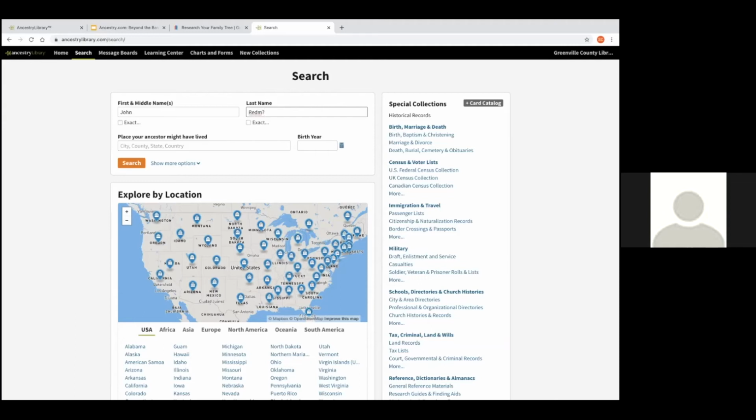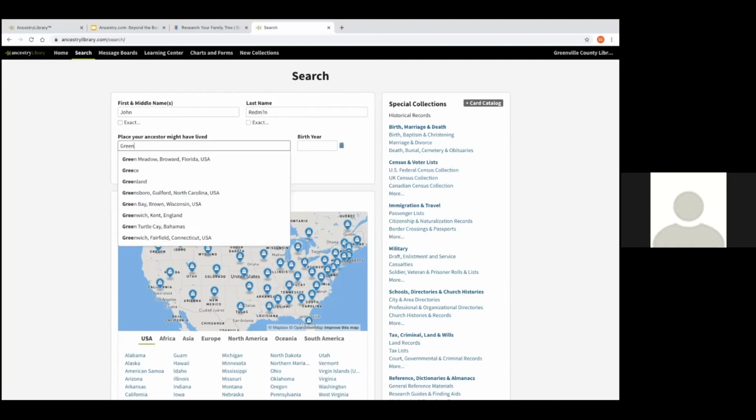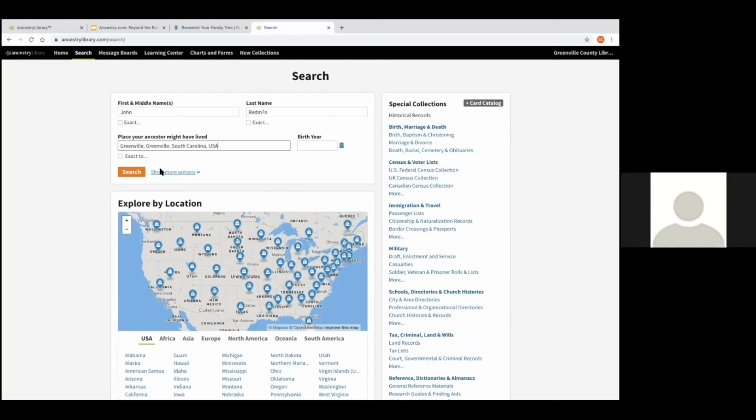If I insert a question mark in between the M and the N, that question mark is taking the place of a letter. Like we're not sure if it's an O or an A, and the question mark is taking the place. And I should see, when I click search, results for both Redmond with an O and Redmond with an A. And I'm going to say that this person is from Greenville. Like I said, this is fictional, but I'm going to use 1900 as the birthday. So let's try this. When I click search, let's see what happens.